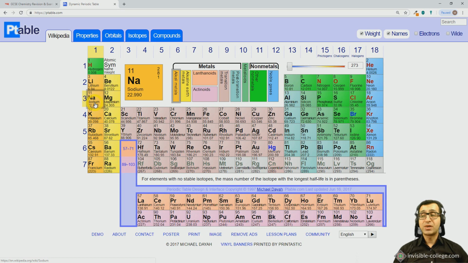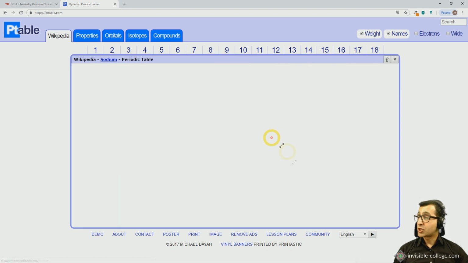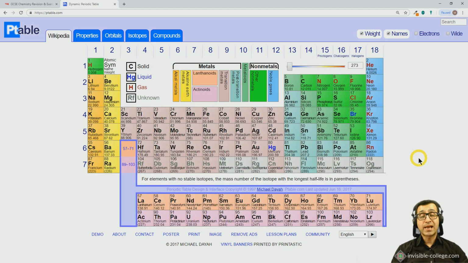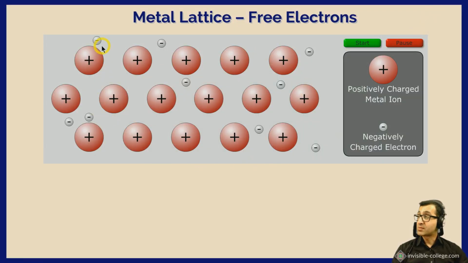But what if you just have sodium atoms in a lump of sodium? How do each one of those sodium atoms achieve stability? Well, they achieve stability by sharing those outermost electrons with each other, because the ion which is formed when a sodium atom gives up that outer shell electron, as we saw before, has a stable electron configuration of 2 electrons in the innermost shell and 8 electrons in the second shell, which has become its outermost shell. So each one of those sodium atoms, when you have lots of sodium atoms, will give up